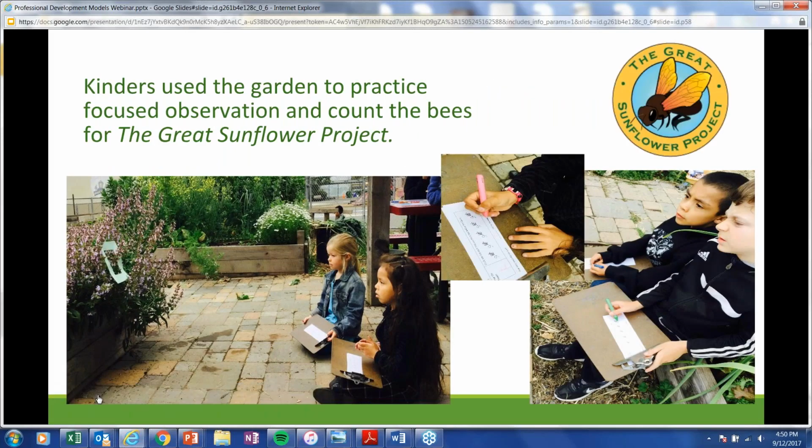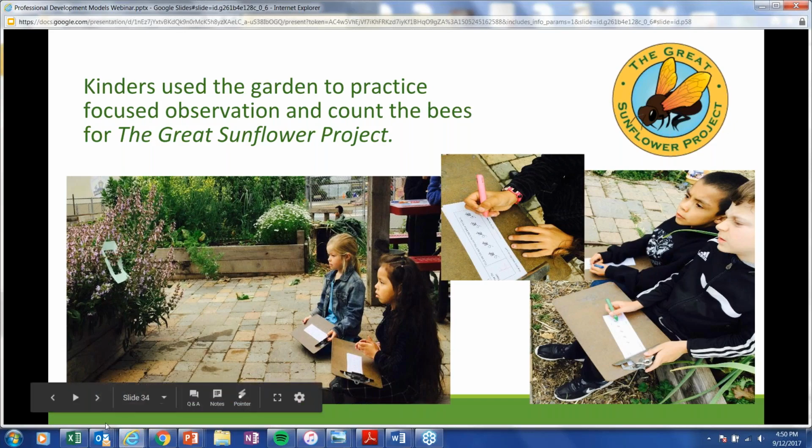So alongside some of our environmental science effort was partnering with some citizen science taking place in the Bay Area. So our students were participating in the Great Sunflower Project, and so we adapted observation protocols that were developed for adults and or older children, so that we could have the kindergartners use these to actually practice focused observation and count bees in the Great